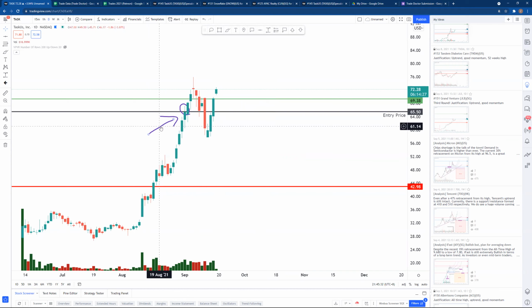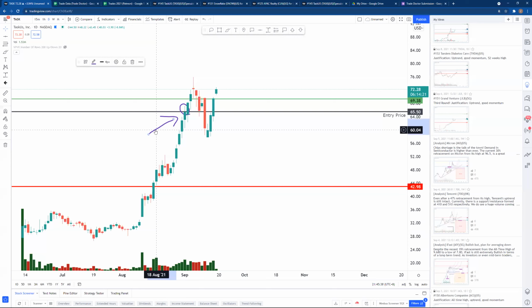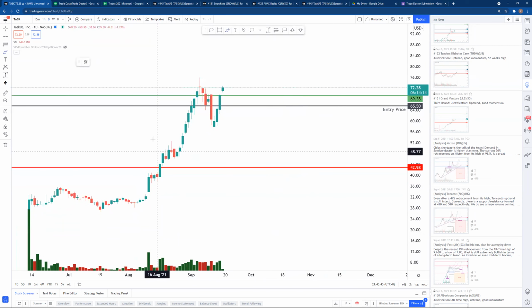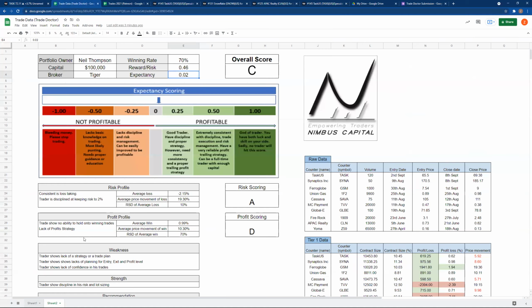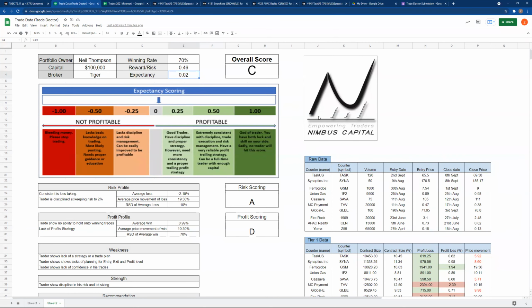And we will come back to this counter later, because this counter is a very, very good case study for Mr. Neil Thompson. Okay, so the original trade setup, the entry was here, the stop loss was a bit lower than his. Or obviously his stop loss he put higher because he entered late. And of course, since he exited with a profit, most of you might think that, hey, he exited with profit, why are you saying he didn't do well? Yes, you make money, but as I said,